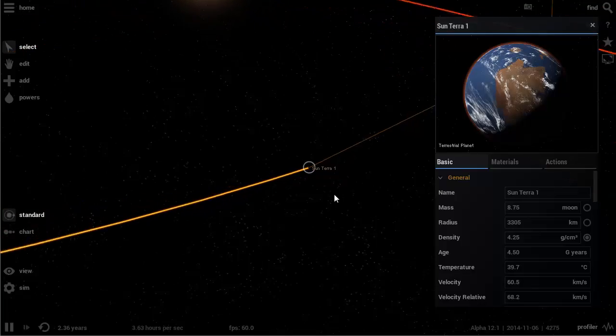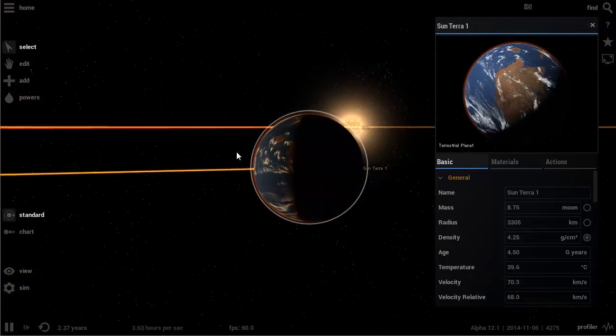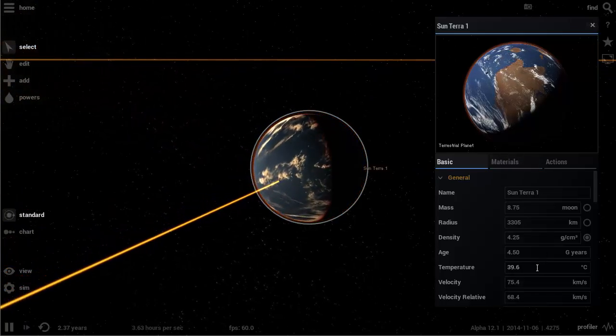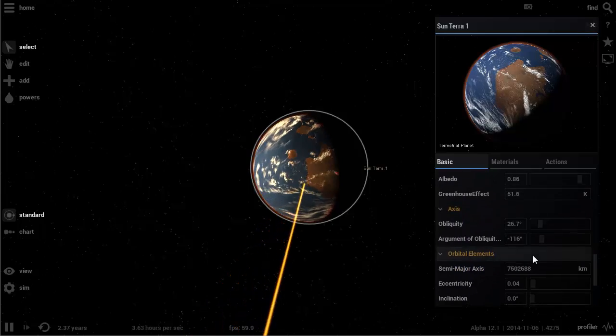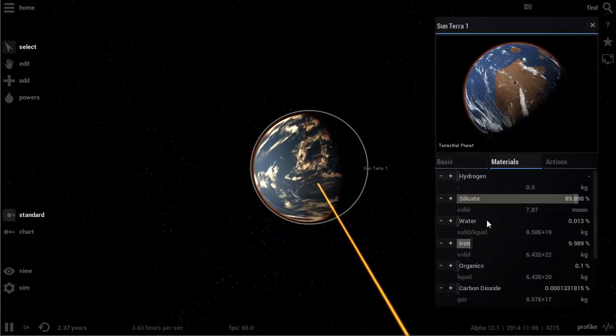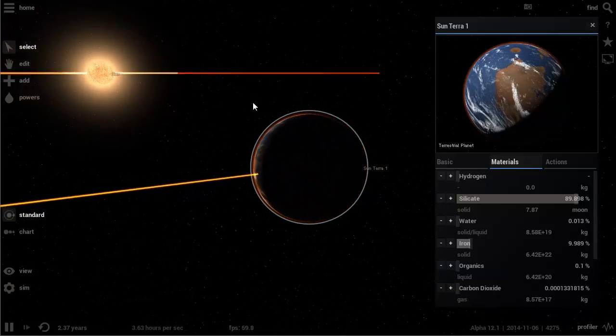And this is what it looks like. It's a very beautiful planet. Spins pretty fast, has water, has a really nice temperature of 39 degrees Celsius, and everything else is there. There's life, you have water, you have iron, you have organics, carbon dioxide, and even though it is pretty